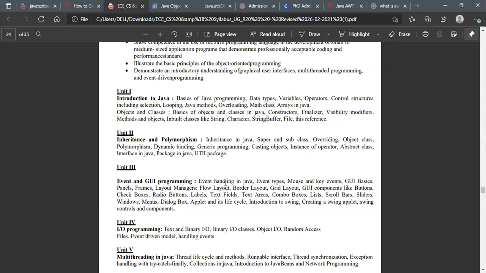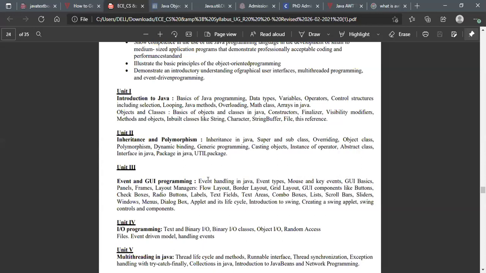Event handling means we check the event, in the sense of click operations. Suppose the mouse cursor is moving right now, and I select this information by double clicking on it. This is called event handling. In this we have mouse and key events. Key means our keyboard inputs. So we are going to check mouse and key events first of all.